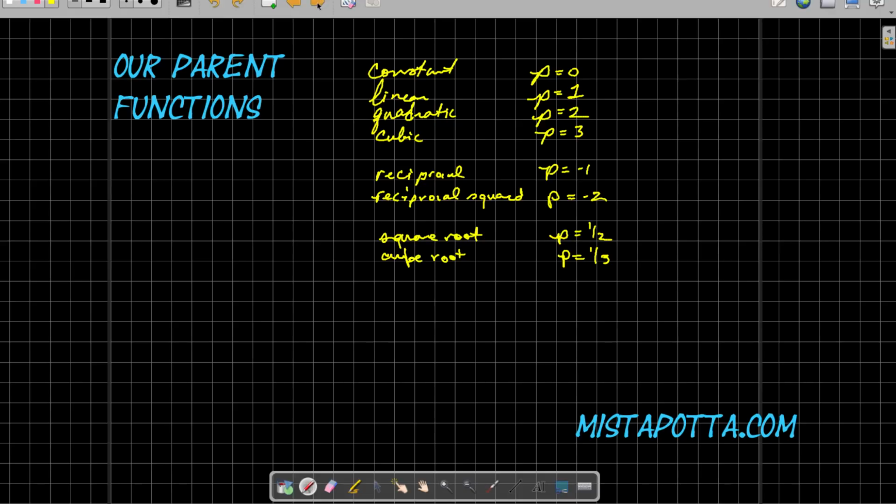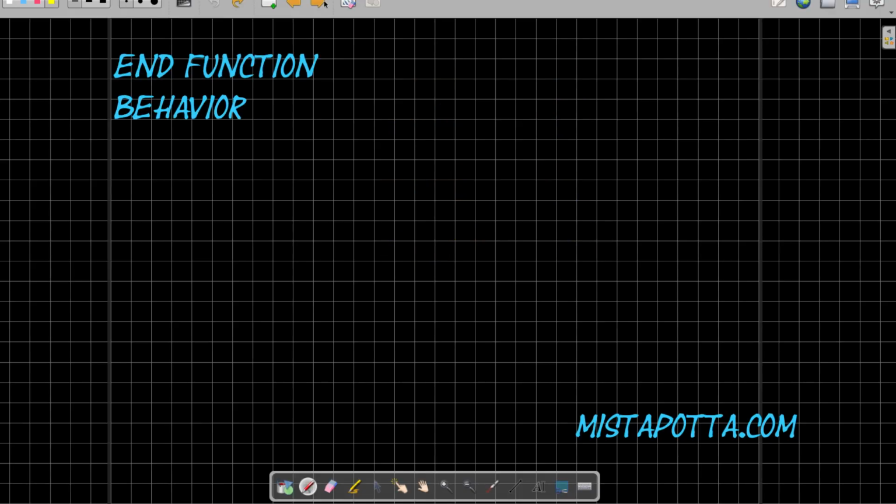So once I have a particular power function, it's often helpful to talk about the end behavior, because I notice that when p equals 1, or 3, or 1/3, or -1, all of my functions have some business going on here at the origin. Either I've got a root here or I've got asymptotes here, and I know that my function tends to go off to infinity as x increases without bound. I know that my function tends to go to -infinity as my x value decreases without bound,